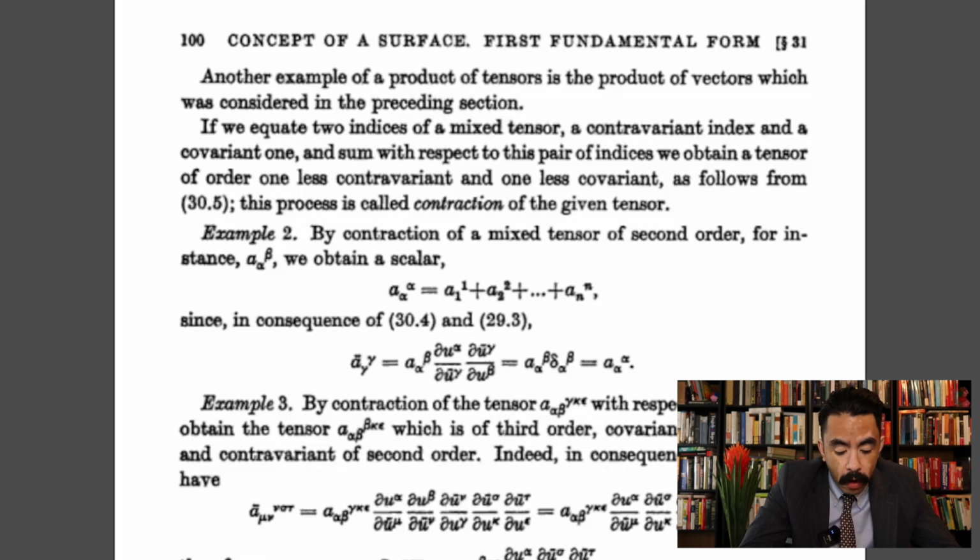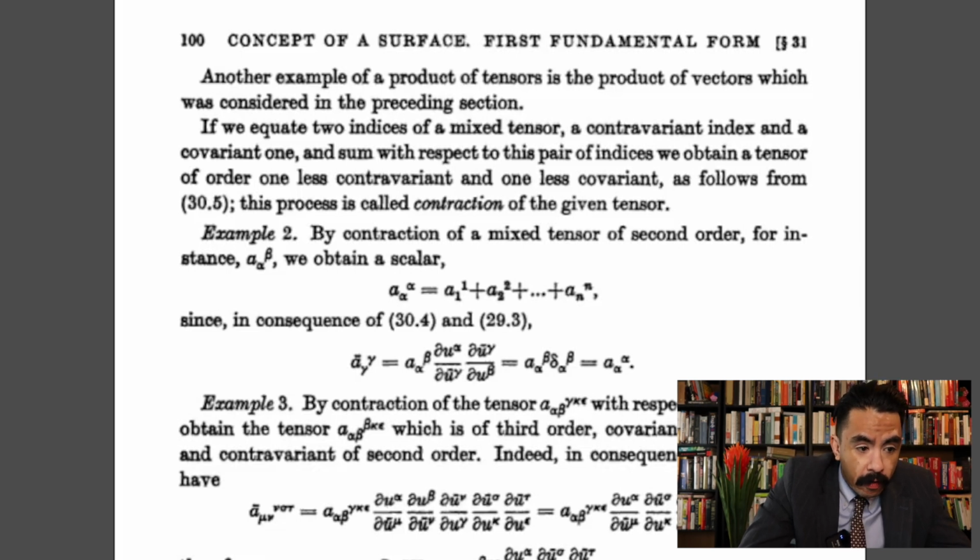And similarly, partial u over bar alpha partial u gamma times partial u gamma partial u over bar beta equals the Kronecker symbol again with a subscript beta and a superscript alpha, and alpha and beta correspondingly being 1 through n. And the Kronecker symbol, of course, equals 0 when alpha does not equal beta, and it equals 1 when alpha does equal beta. In consequence of these, we thus have a over bar sub gamma with a superscript gamma